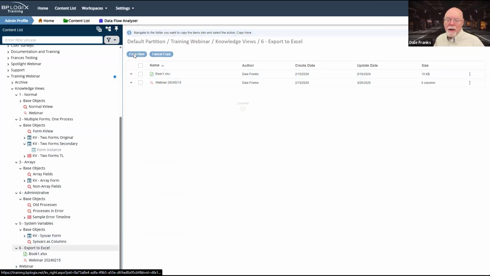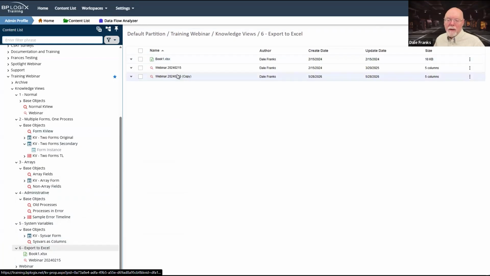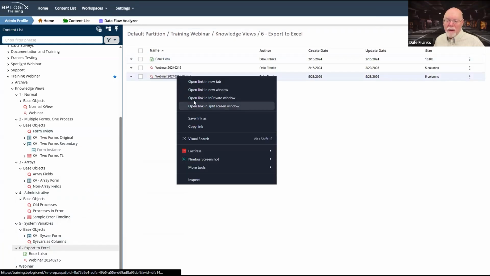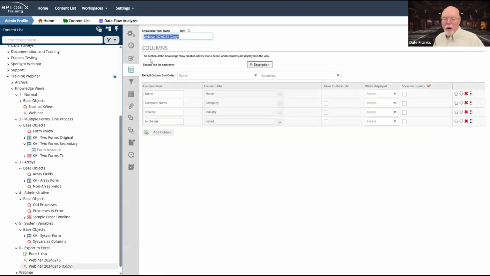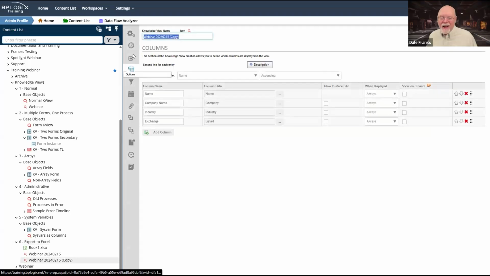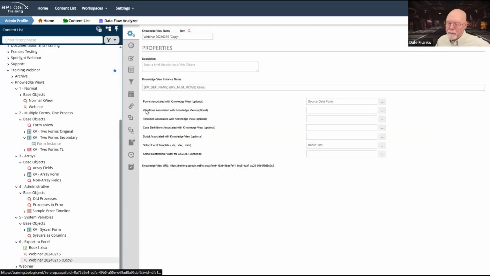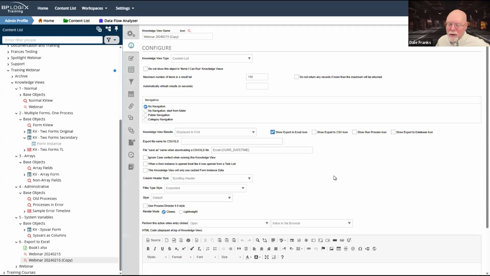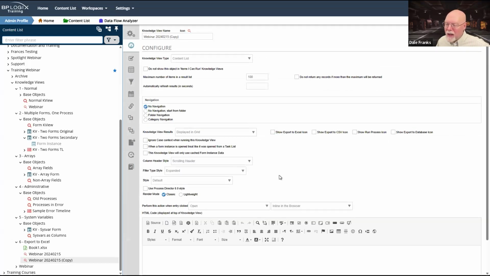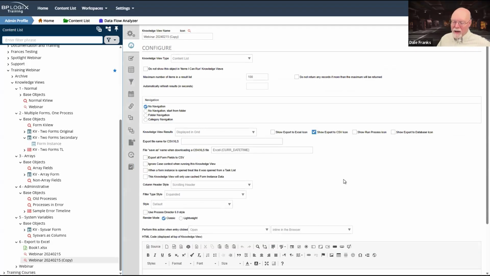So we'll copy here, and we'll open up our copy here and we'll do something a little bit different. I'm going to go to, no, I want to go to configure, and I just want to get rid of that, and we'll show the export to CSV icon automatically. Okay.